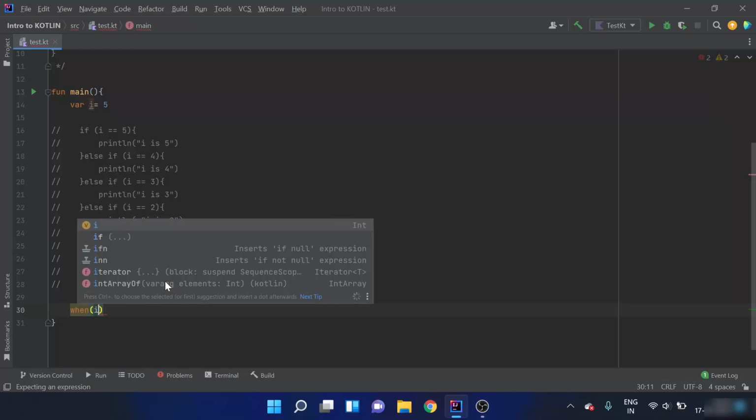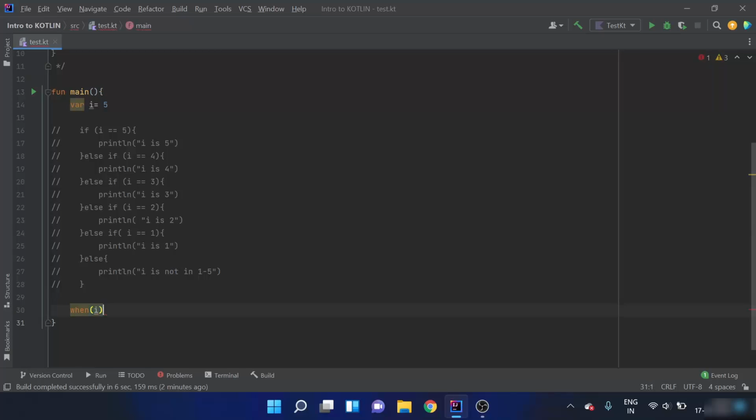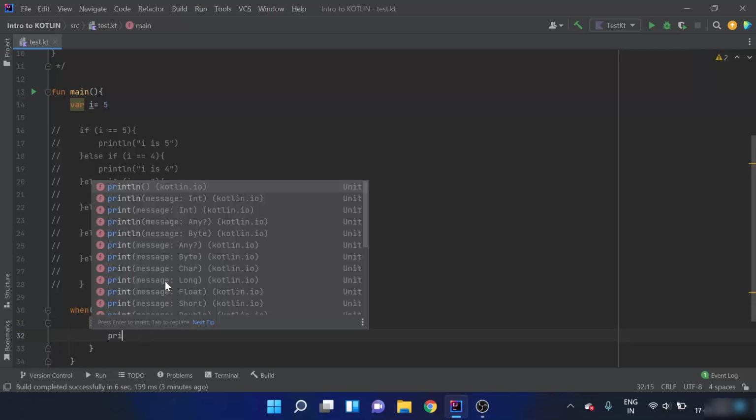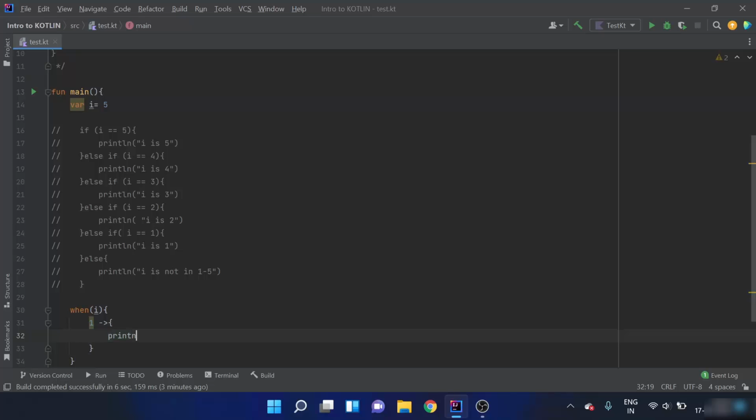Okay, so when i, and then I'll open this code block, and then I'll provide the values of i. If i is 1, then I'll use a hyphen and greater than sign, then open a code block, and write println